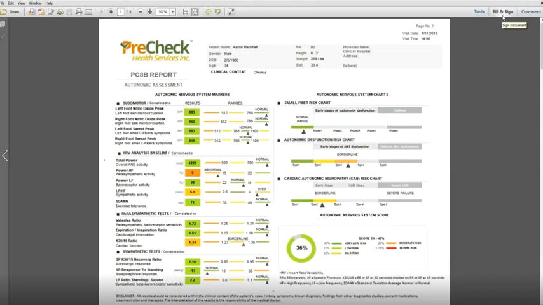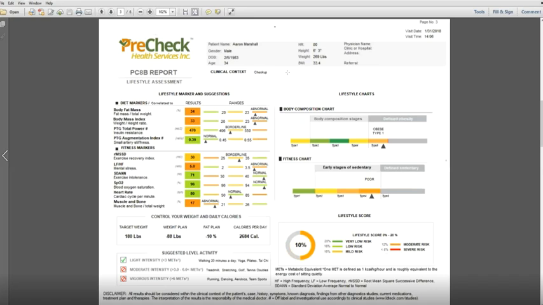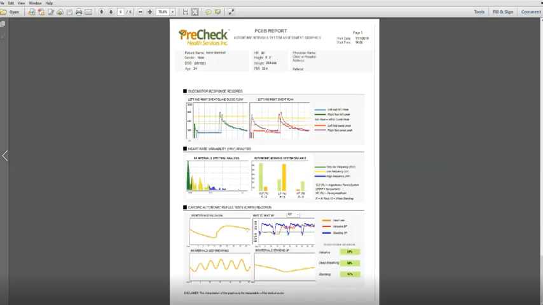Okay, so it populates in PDF format, and similar to the dashboard, this provides the scores for autonomic function, vascular, the lifestyle, the trends, with some notes, so the physician can input some notes, or the technician can input some notes, the graphs,